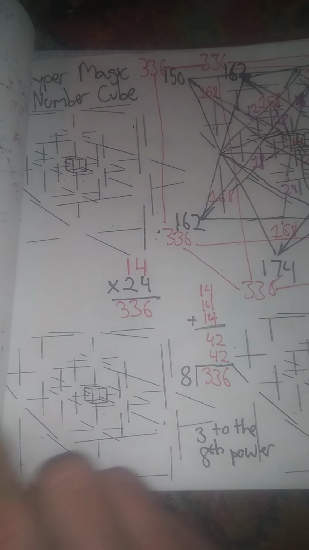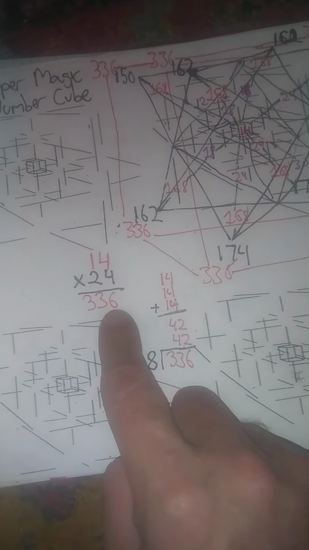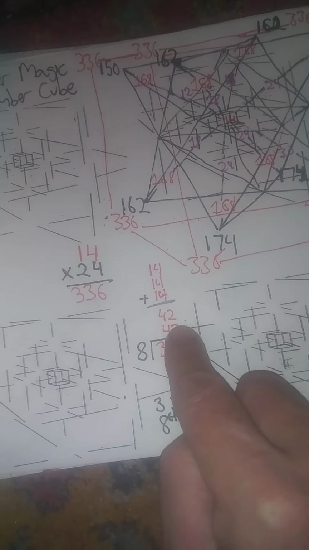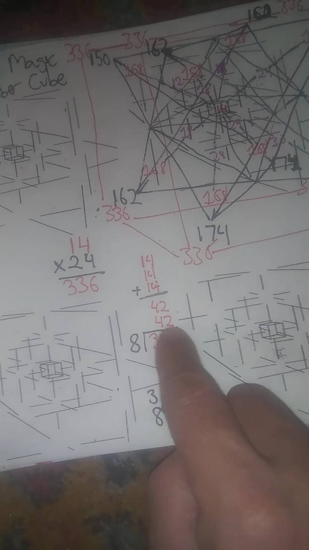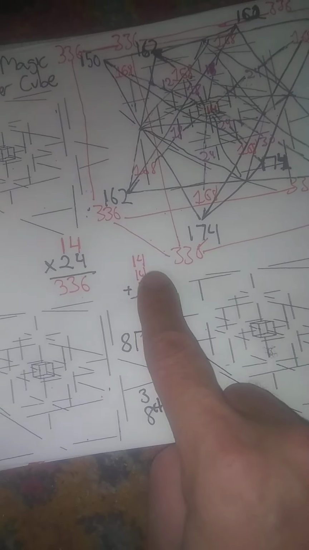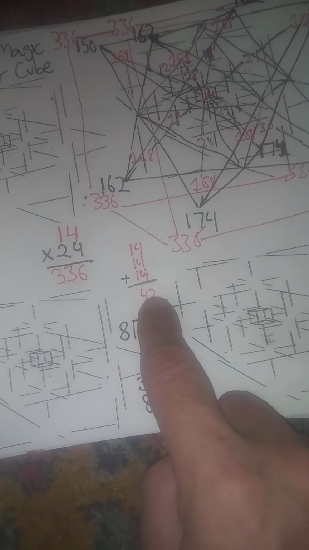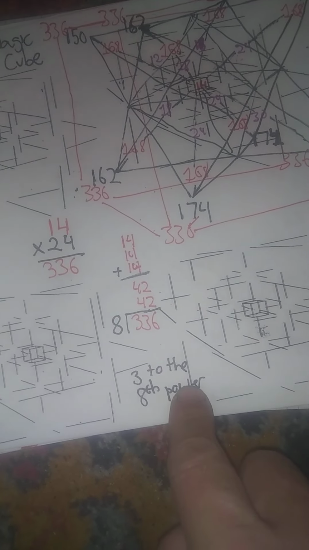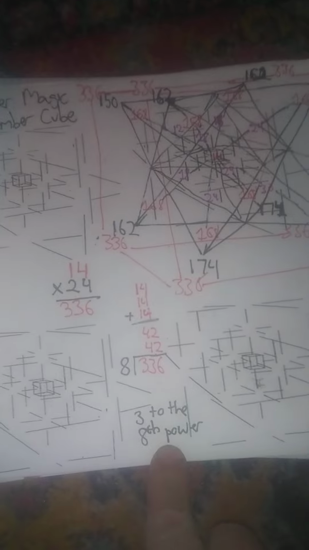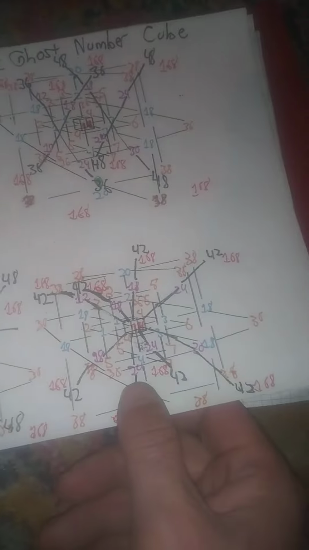And so 14, what is the central ghost number? 14 times 24 is 336. Well, 14 times 3 is 42. 8 goes into 336 42 times. So it's 3 of the normal ghost numbers, the central ghost numbers, to add to the outer ghost number, 3 to the 8th power. So that's the reason it's called a super hyper magic ghost number cube, instead of being